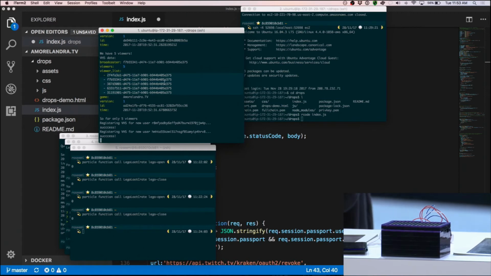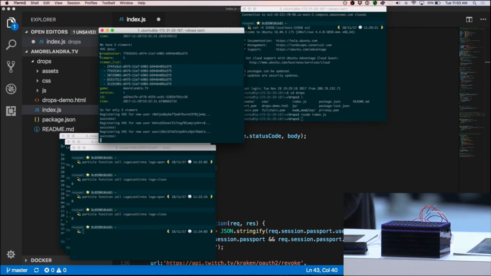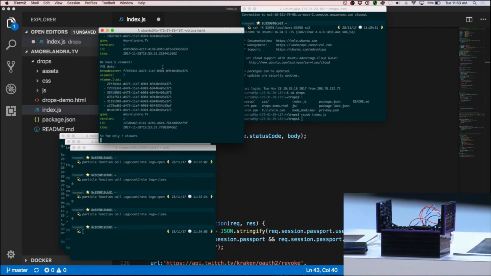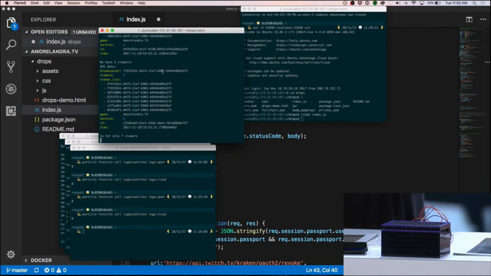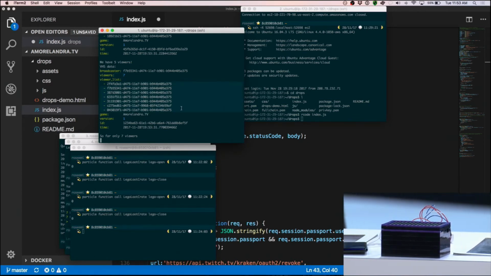But the way that this has worked is, here is a packet from VHS, and it's giving me the unique user ID of the broadcaster. This is, again, a user that I've associated with my game who is broadcasting the content. And here's the number of viewers. Right now there are 7 people watching Amor Alondra TV. And here is my game's unique identifier for each one of those users.